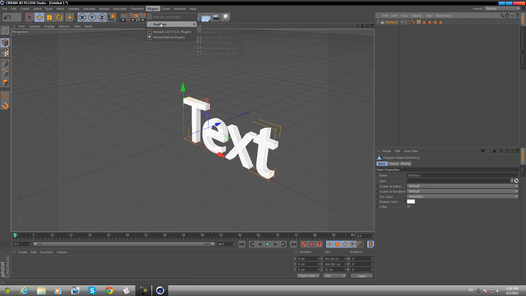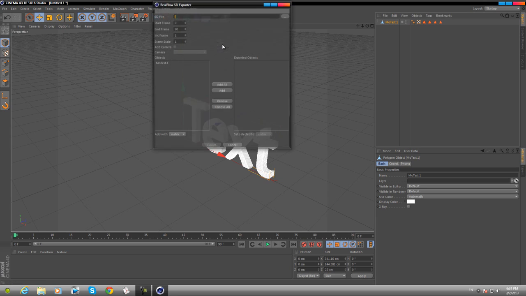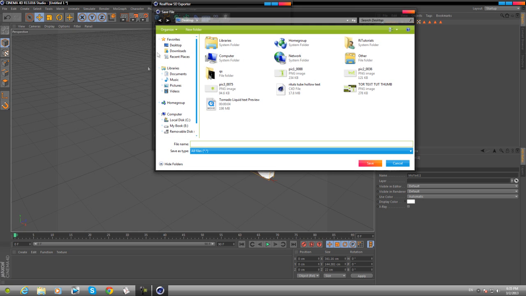Okay, and now we can export it. Now go to plugins, and given that you've already installed the C4D Realflow Exchange plugin, you can go to plugins and hover over Realflow and click on SD exporter. Okay, then click on this button with 3 little dots and click on desktop or wherever else you want to save it, and then name it. I'll name mine liquid tornado. Okay, and click save,